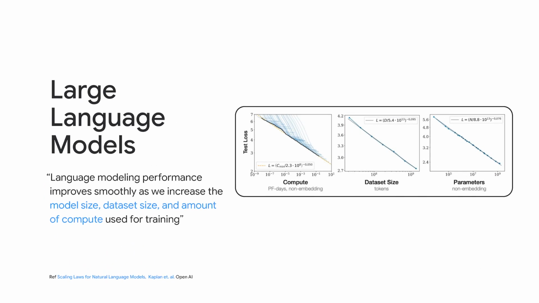Now, you might be wondering, why on earth would I need to train a model that large? We talk a lot about how large data sets are important in deep learning, but for many language tasks, the amount of compute is also incredibly important. The image on the right is from an OpenAI paper that studied how language modeling performance improves as the model size, dataset size, and amount of compute used for training all increase.